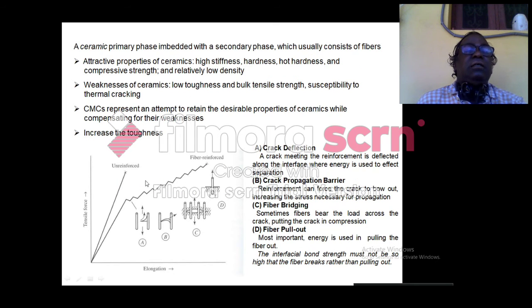This is the normal unreinforced material and the fiber material, shown in a strength versus elongation curve. The tensile strength is taken on the y-axis and the elongation on the x-axis. For the normal material, the peak will be like this and it will break here. But in the reinforced material, the elongation is not constant; it varies up and down, and then it breaks at one point. This elongation is based on the axis.